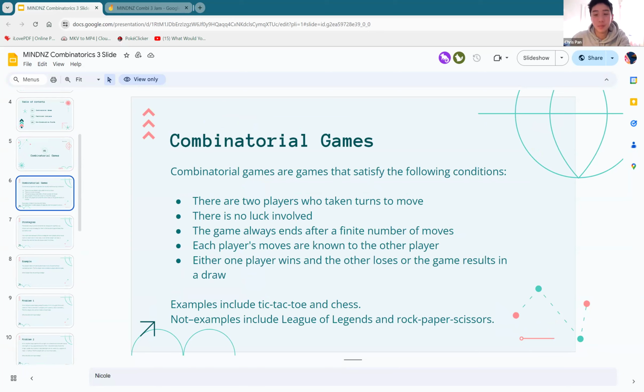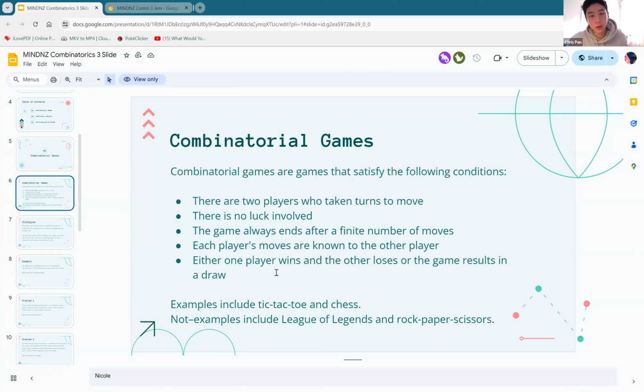It's basically just two players playing a turn-based game where there's no luck. So the entire game can be solved, I guess. Something like tic-tac-toe or chess. Even though chess is too complex, too many moves for us to actually fully solve, there is a solution, as in we can determine